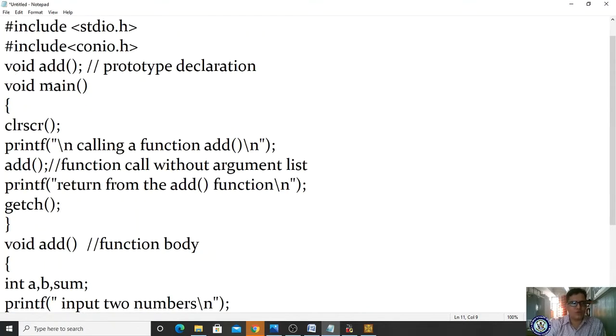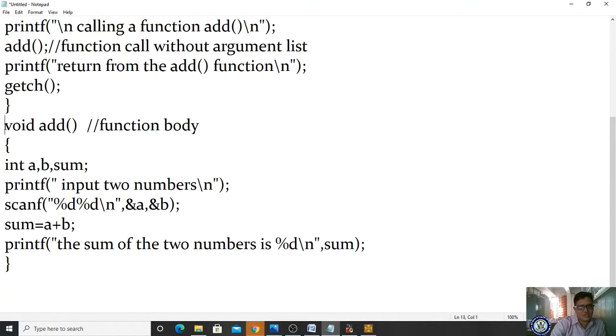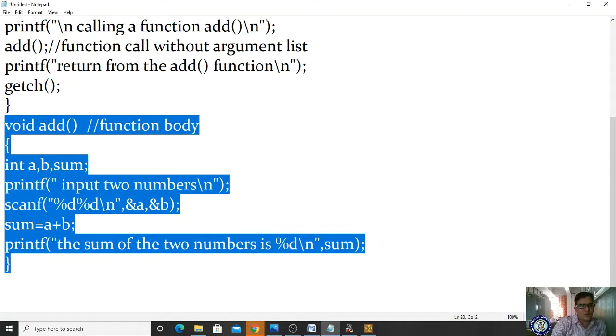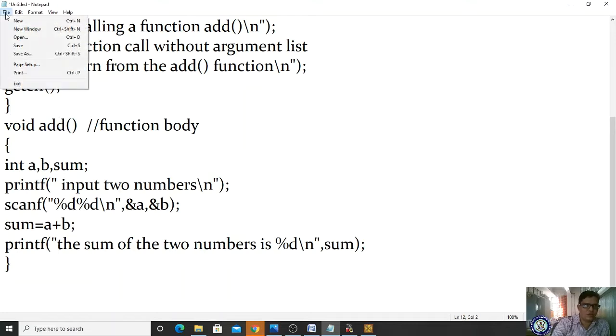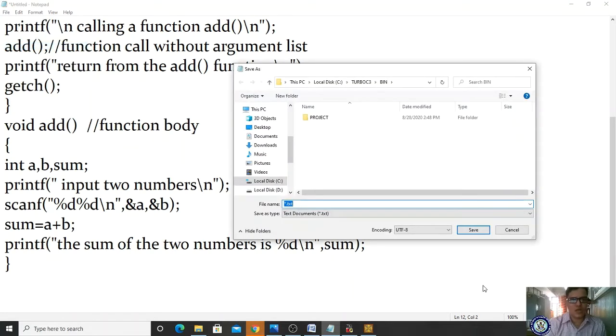For example, if you want to do the subtraction of two numbers, what will you do? We will do the same thing, right? In the place of add you will write sub, so instead of calling the function add, you are calling the function sub, and you have to process the sub. If you call it n number of times, what will happen? Let me check. Let me save it first, I will show.